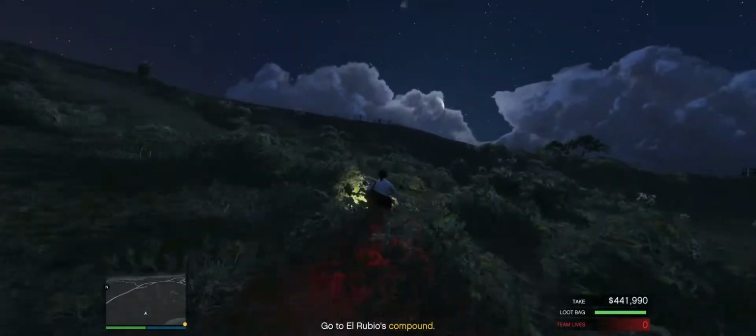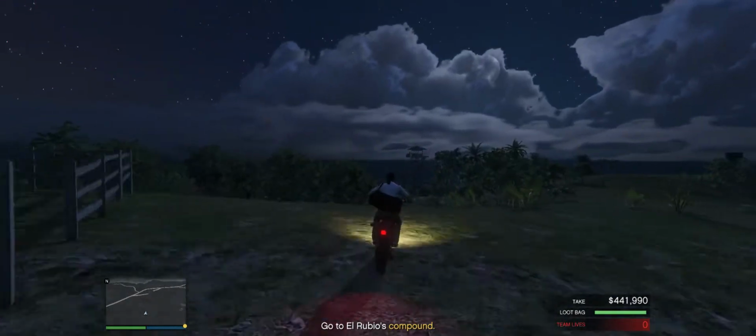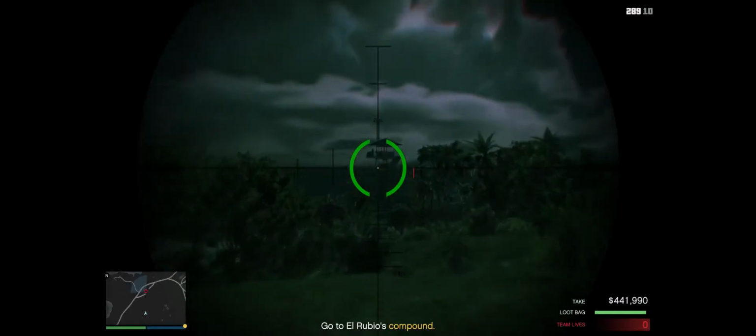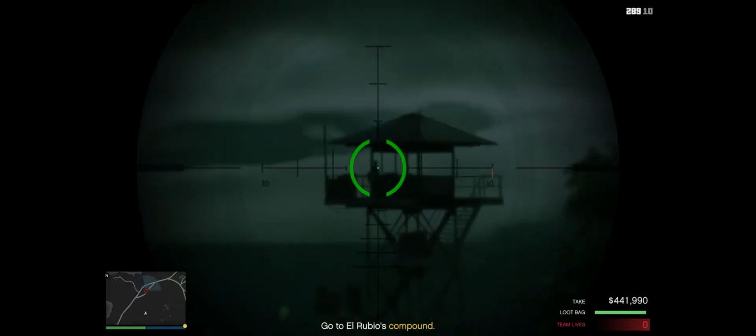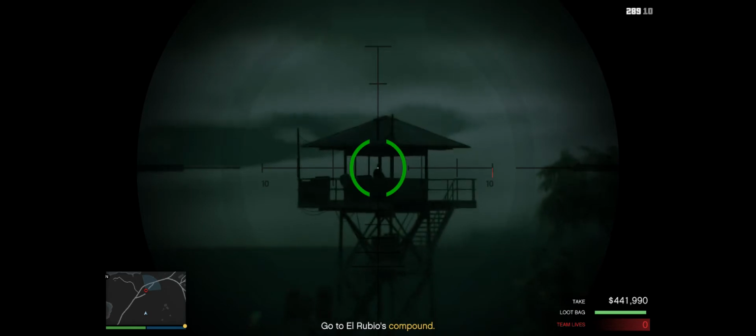So in this particular setup, I got my grappling hook over here by this guard tower. So again, we're just gonna snipe this guy. I hate that. I don't really want to shoot him here because...